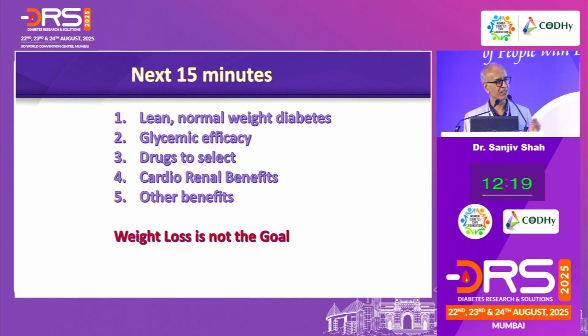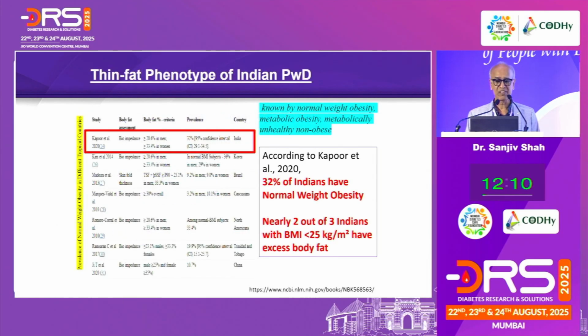We are being taken away a little by the great weight loss that happened with the new or second generation GLP-1RA. If we look at how our patients are, this is Dr. Nitin Kapoor from CMC Vellore, and his review of multiple studies shows that at a normal weight, Indians mix up obesity versus adiposity. For years, we used the word obesity. We should rather be using adiposity. And this is what 32% of Indians have at a normal weight, obesity.